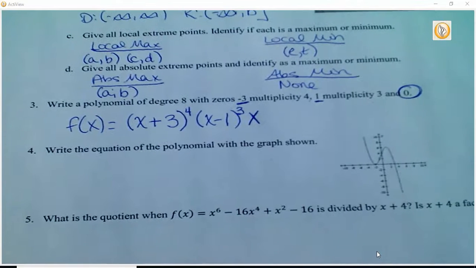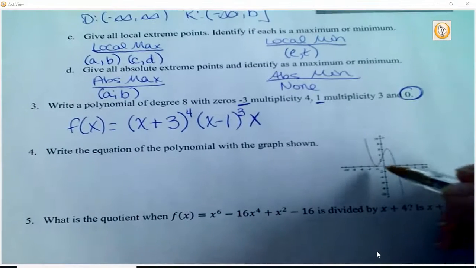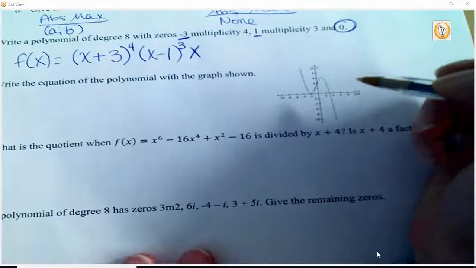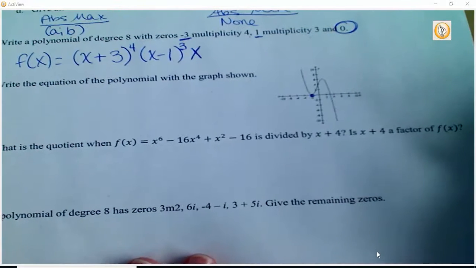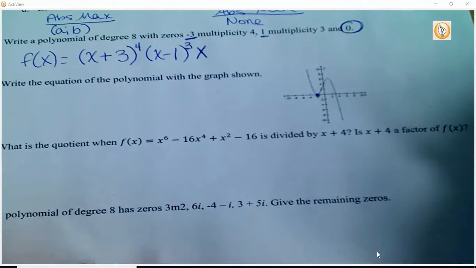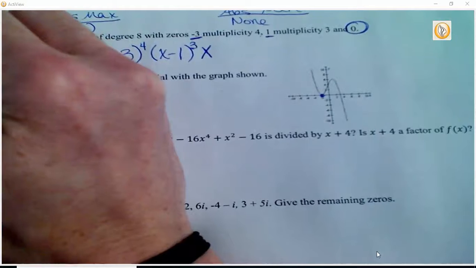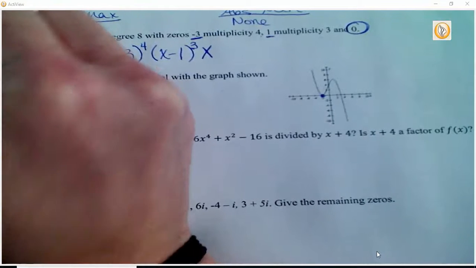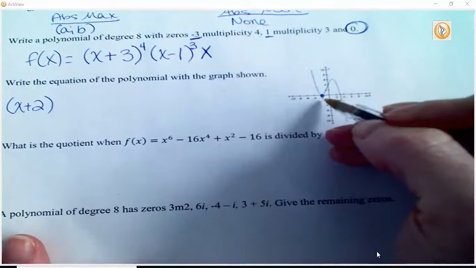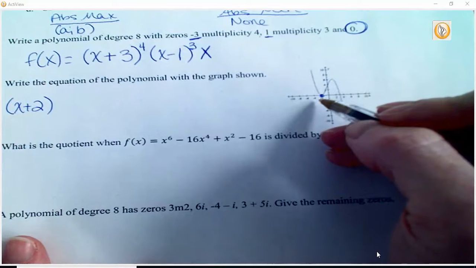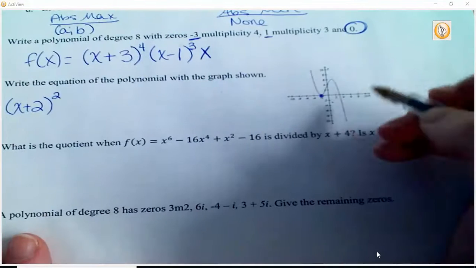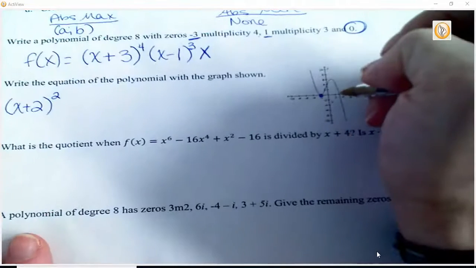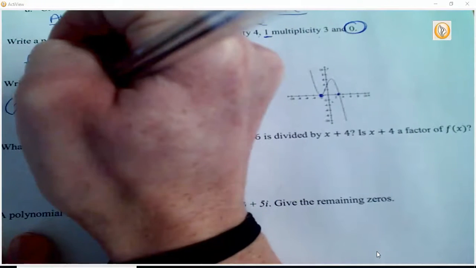Okay. Number 4. I want to write the equation of the polynomial from this graph. Okay, so I see -2, we hit the x-axis. It's an x-intercept. That means it's a 0. So if -2 is a 0, what do we write? X plus 2. Okay, what do you notice? What happened at that 0? Bounces up, which means we need a square. Okay, the next place we hit the x-axis is at 3. So we need